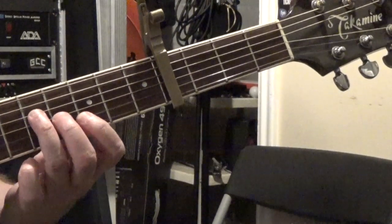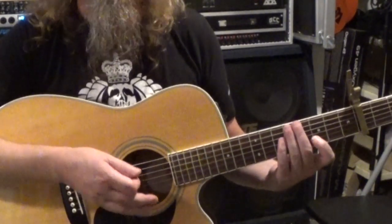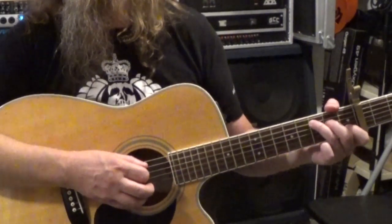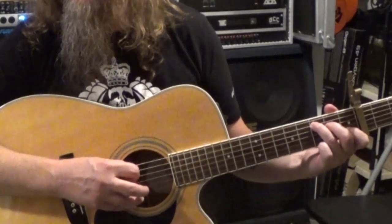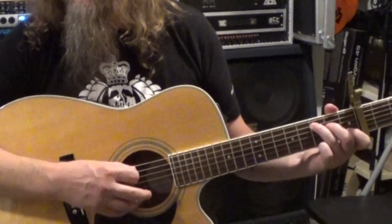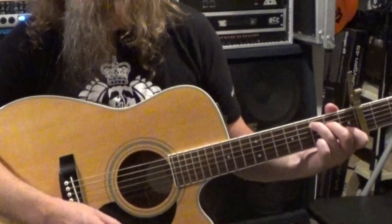Alright, so the song basically has 2 parts. It's an intro, and it's also the verse, and it's also like the pre-verse when the song recycles. So we start off, we've got that C. The first thing you're going to do is pick just the 5th string. You pick that single note, and then a downstroke,